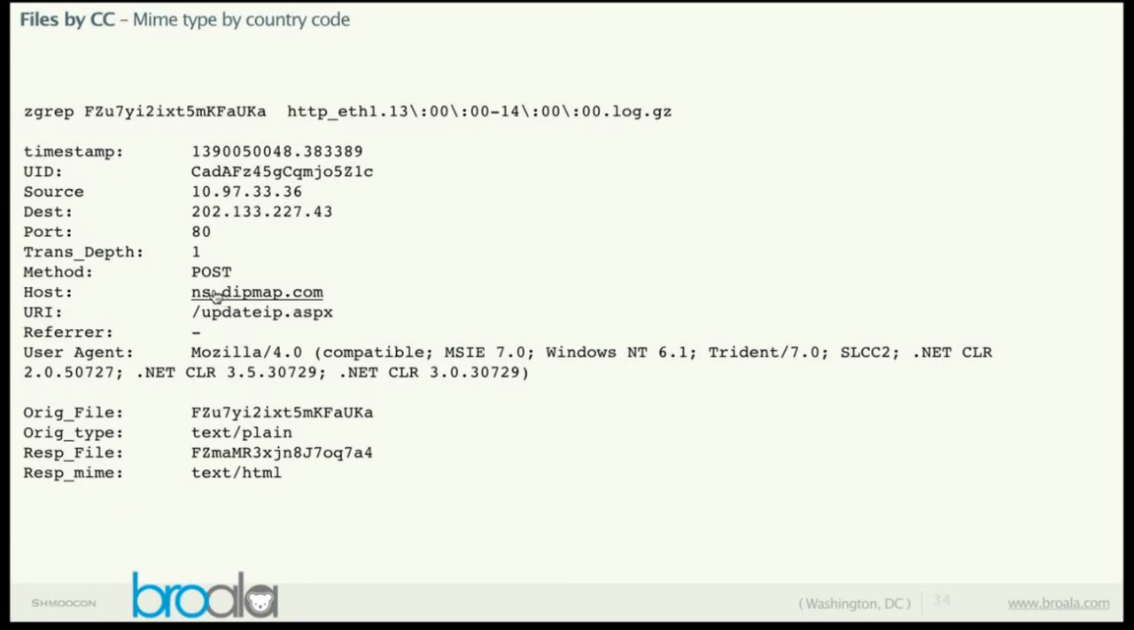And this is actually, so I see the name, I'm like, okay, NS is usually for a name server, so it's a POST request to a name server at dipmap.com, update ip.aspx. And if you check out the user agent here, you can see it's a Windows 7 box, right? So I was shocked by this because I looked this up and it turns out to be a dynamic DNS